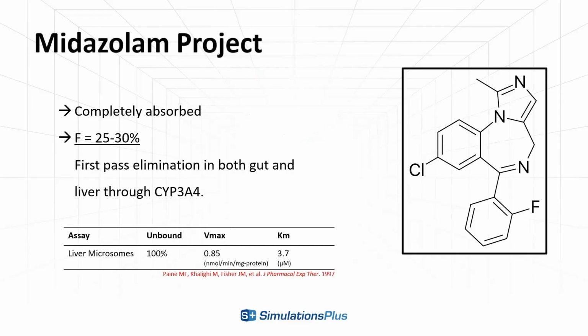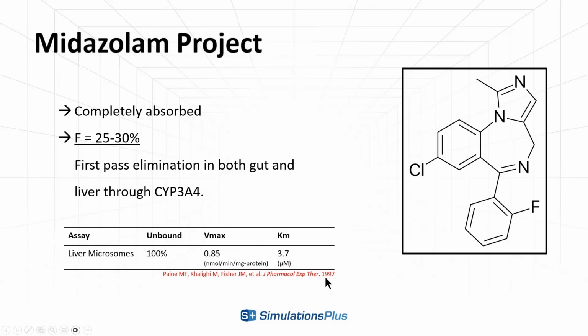Before getting into GastroPlus, I would like to give brief information about midazolam. Midazolam is almost completely absorbed when it is administered as a solution. However, its final bioavailability is 25 to 30%. This is because of the high first-pass elimination in both gut and liver through CYP3A4. In the following part of this tutorial, we will assign CYP3A4 as a metabolizing enzyme of midazolam. The in vitro data that we are going to use for the enzyme kinetics are summarized in this table with